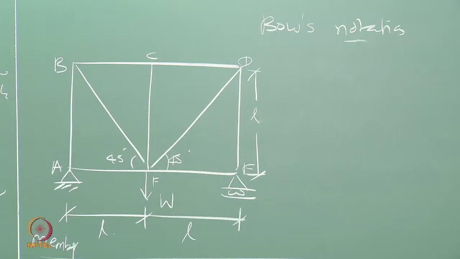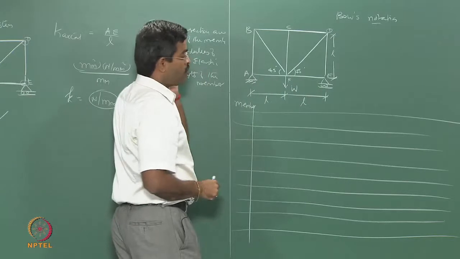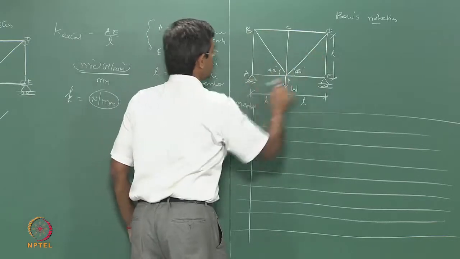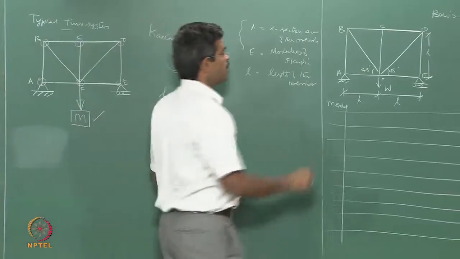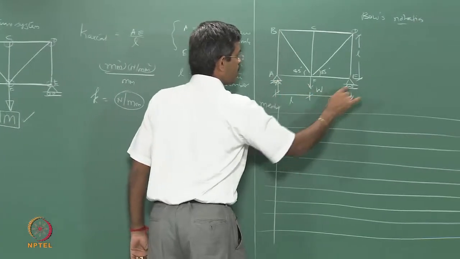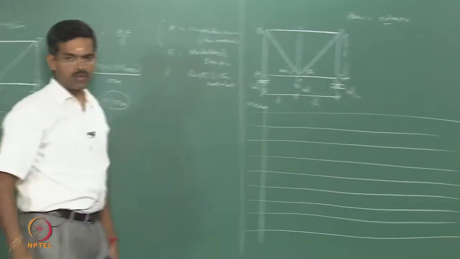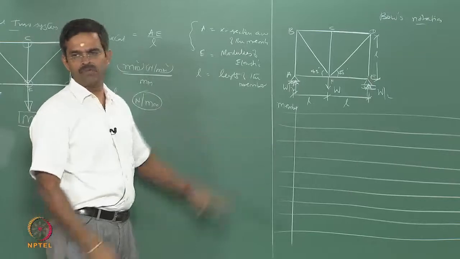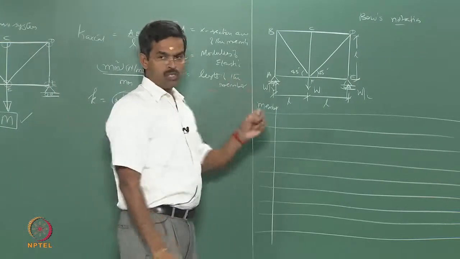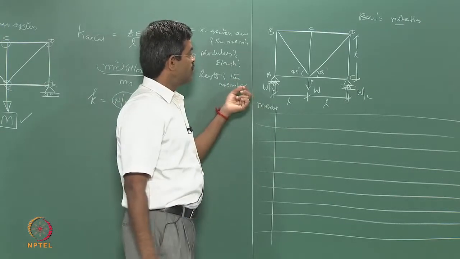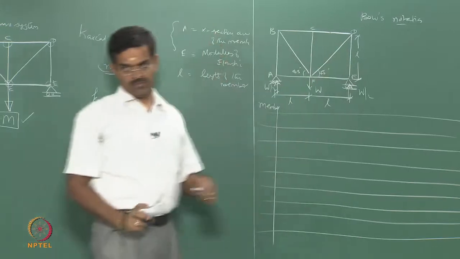Okay. So, first for the given force, let us find the external reaction. Fortunately, in this case the truss system is determinate. If it is not determinate, there are methods to solve, but let us know. If it is symmetric, therefore, this is going to be W by 2 and W by 2, okay. Because it is symmetric, it is determinate also, we can easily find. So, let us pick up any node, we should not have more than 2 unknowns. Now, the question comes here is, what are the unknowns? All the axial forces in each member is an unknown.